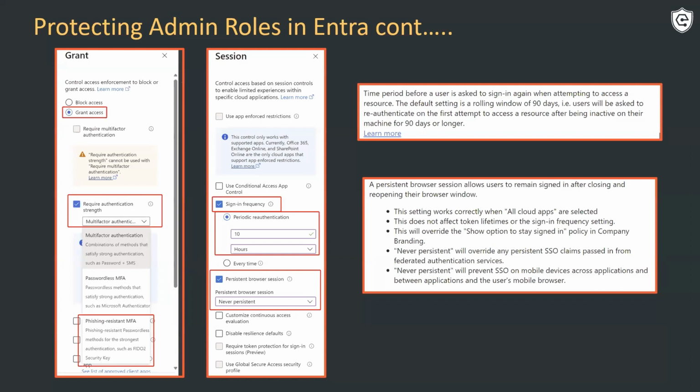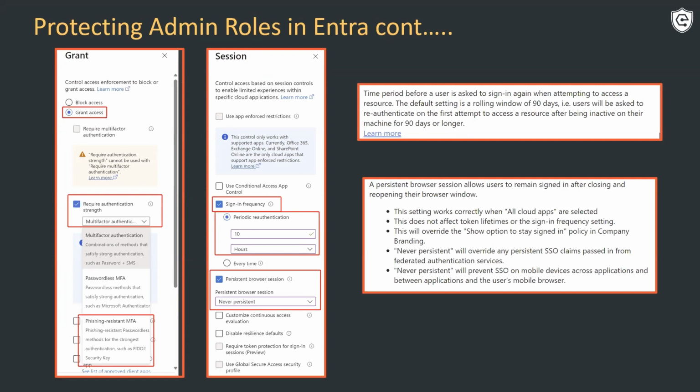So then we want to also set a sign-in session. So some limits on our sessions. How often do we want our admins to have to relog in? Ideally, you do every time, but not everybody wants to do that, right? You gradually get towards that, but maybe you start with 10 hours because maybe you shouldn't have it open for more than 8 hours, a work day. But by default, these are set to 90. So you log into a browser session, that token stays alive for the next 90 days. So you accidentally do the wrong thing, click the wrong link, and as an admin, your token's now compromised. So definitely want to have session limits in place.